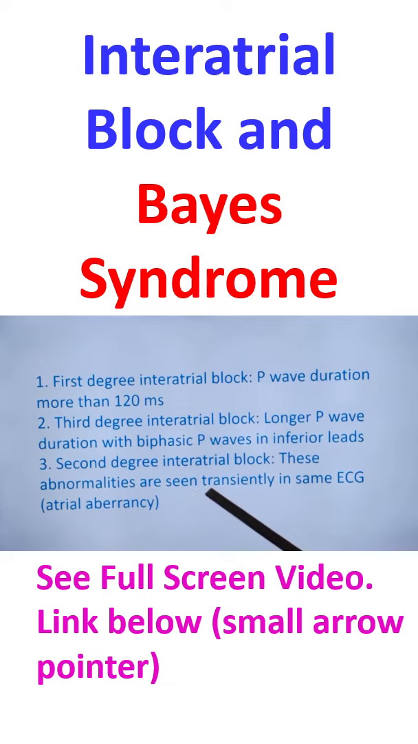Then third degree interatrial block, these abnormalities are seen transiently in same ECG and is known as atrial aberrancy. This is almost similar